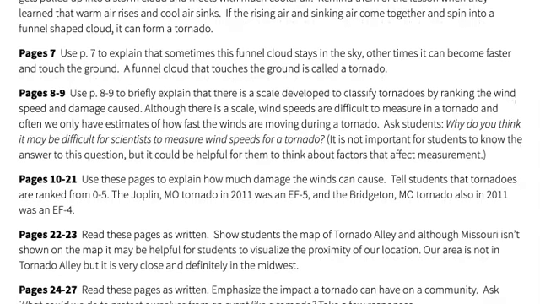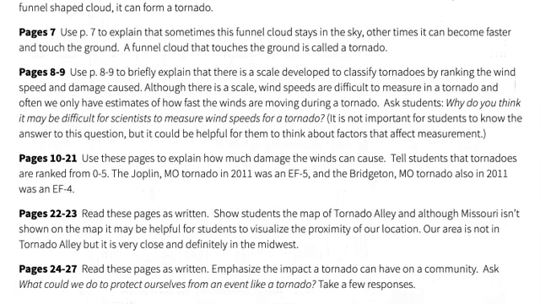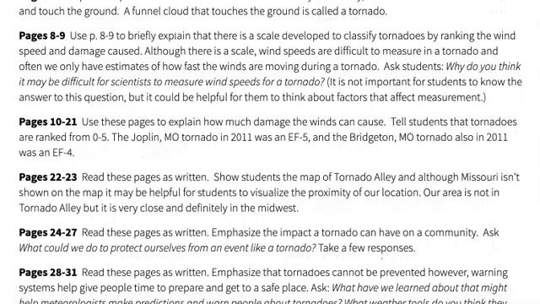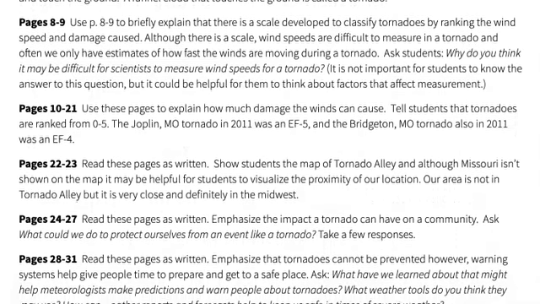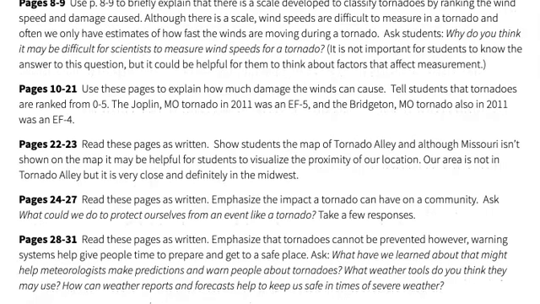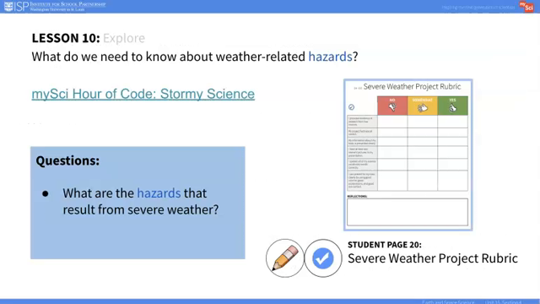cooler air, how tornadoes are classified by wind speed and damage using the Fujita scale, the location where severe tornadoes occur with the most frequency, known as Tornado Alley, and how warning systems can be used to help protect people from tornadoes. In the Explore portion of this lesson, students will use nonfiction library books or Newsela articles to continue